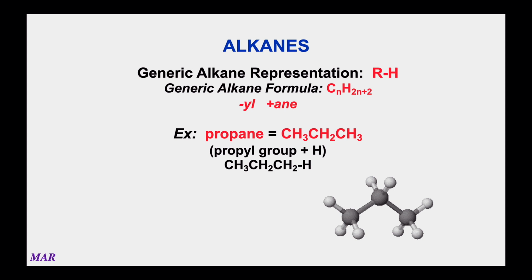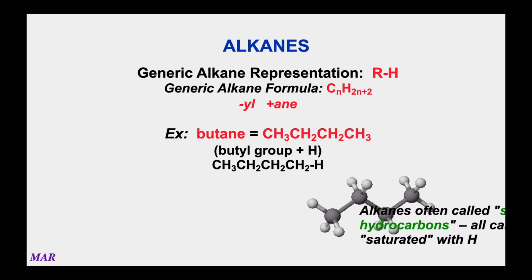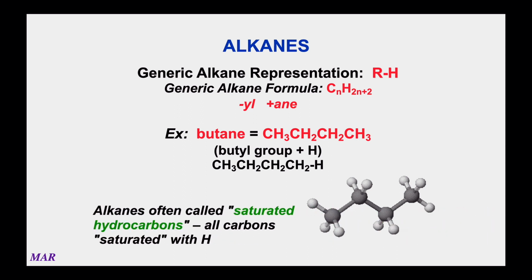And again, you can see the formula. But again, why stop there? Next one, butane. Butane is a butyl group with 4 carbons with a hydrogen on the end. In this case, n of 4, which is 4 carbons. So 4 times 2 plus 2, 10 hydrogens. You've got the thing. All right. If you hear the term saturated hydrocarbons, that just means that every position around the carbon is saturated with hydrogen, like you only have hydrogen. You don't have any double bonds, we'll see, or you don't have an oxygen or something like that.